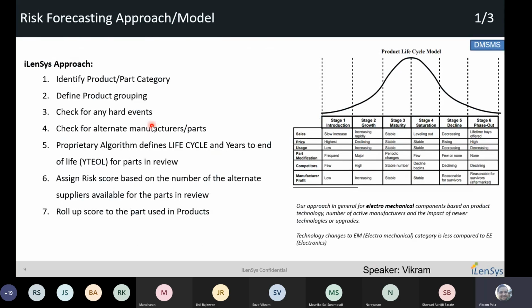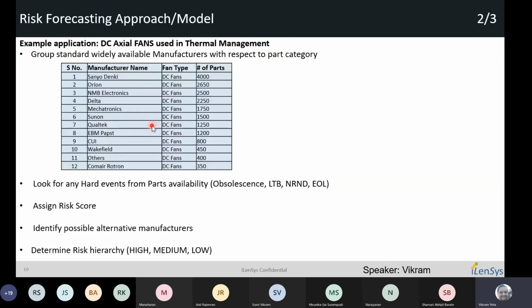Based on the model, I will take an example application. Since we got started on the DC axial fans that are used in thermal management, based on our approach, we would identify the DC axial fans standard suppliers and group them into one product group. If you look at the table, you'll see there are 12 prominent manufacturers who supply the DC fans, and typically the parts are